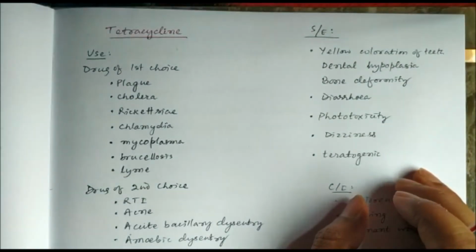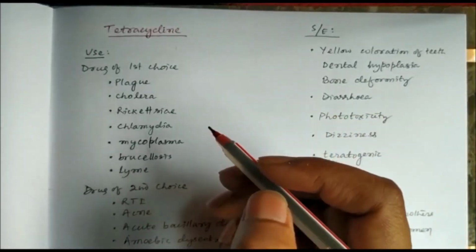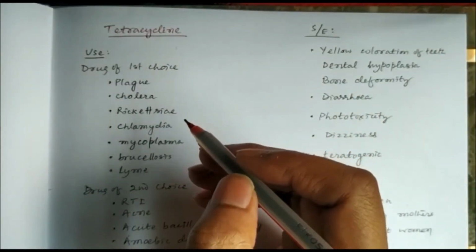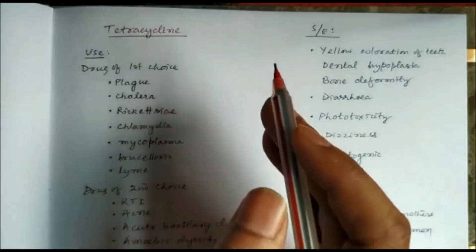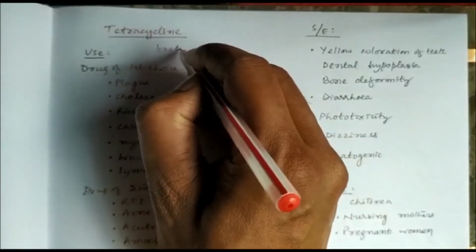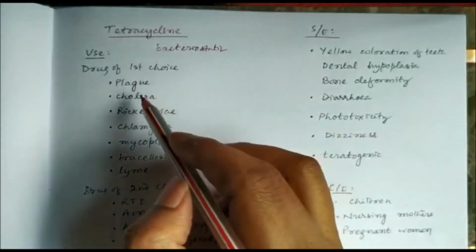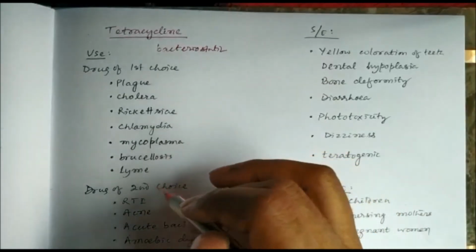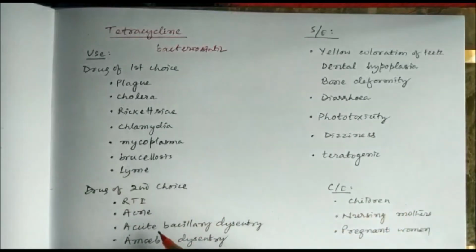Tetracycline can be used in many diseases, in many bacterial infections. So the tetracyclines are called broad spectrum antibiotics, but they are bacteriostatic. They inhibit the growth. They are the drug of choice in plague, cholera, rickettsia, chlamydia, mycoplasma, brucellosis, Lyme disease. They are the drug of second choice in respiratory tract infections, acne, acute bacillary dysentery, amoebic dysentery,